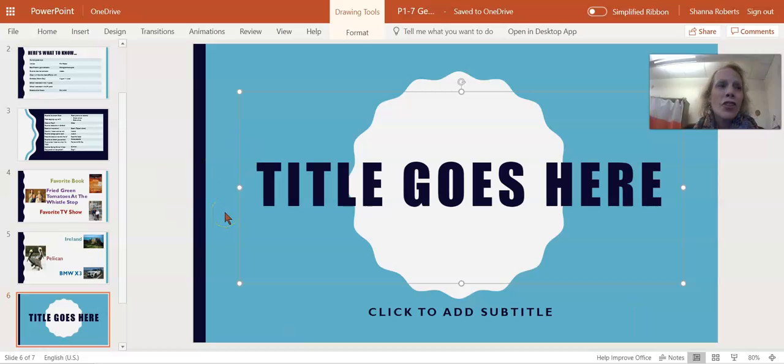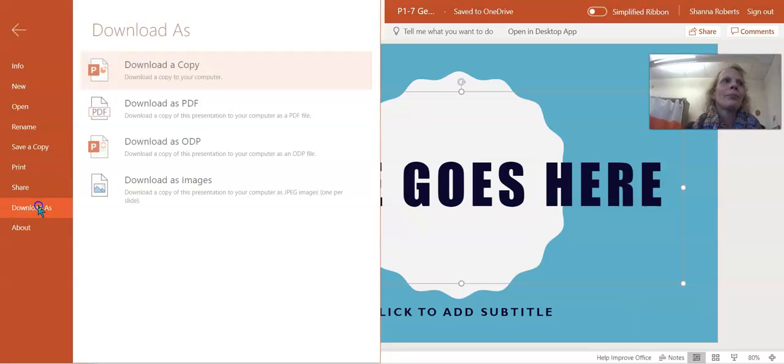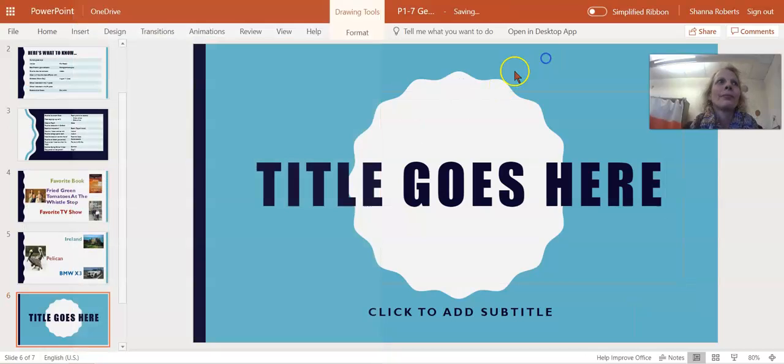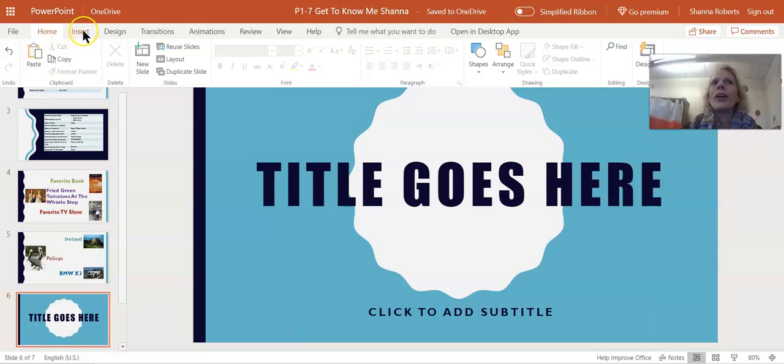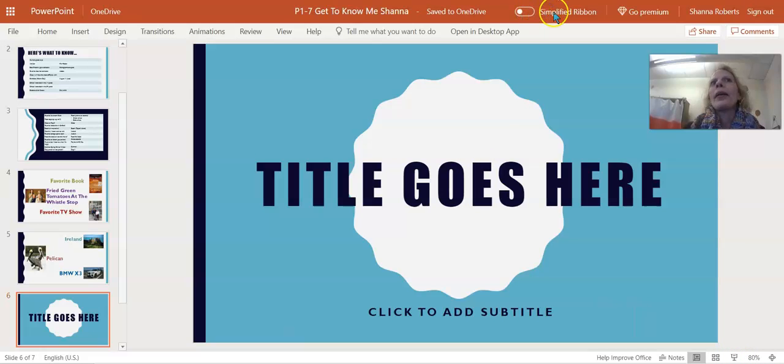Okay, so that's just about a wrap up for lesson 1 in PowerPoint. And again, I apologize for having to switch between the two versions, but this way you are able to get the knowledge of 2 different versions instead of 1. So again, we have our Backstage View, and here is where we could save, we could print, we could download a copy. We can click on our different ribbons. And at the bottom right, we have our status bar. And at the top, we can click